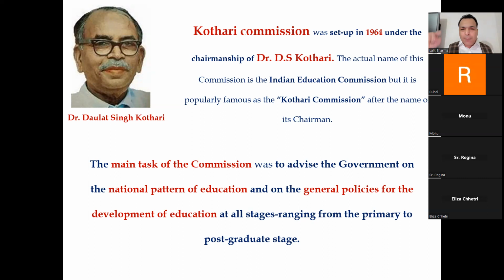But today what is happening? For example, one child is in the 6th class in one state, Punjab. When his or her parent is transferred to any other state, the child can go over there and take admission in the 7th class, because they know that if the child is studying the CBSE pattern, the same CBSE pattern will be there. But at that time, 64-66, it was not like this, right guys? That's why these commissions came, and today we and our children are getting education because of these commissions.